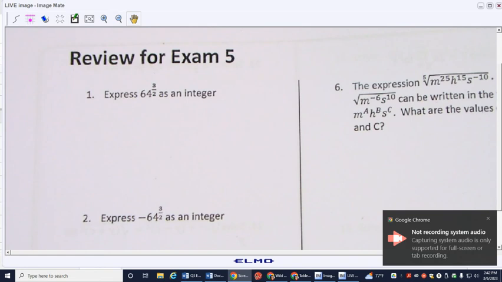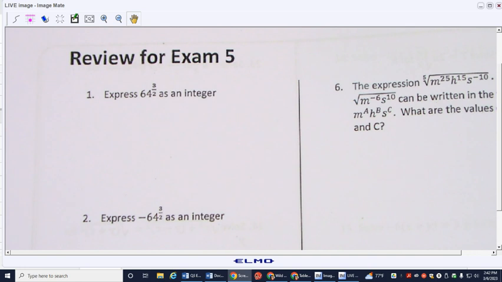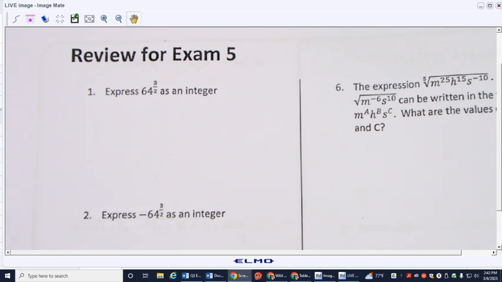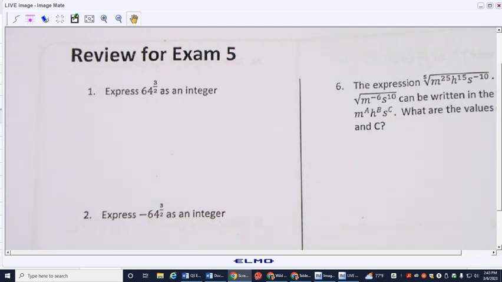All right, so we are going to look at the odd problems, just the odd problems for the review for exam 5, which is unit 9. Okay, so problem number 1, when I'm looking at to express 64 to the 3 halves as an integer, remember